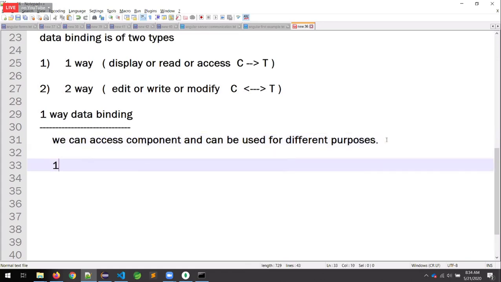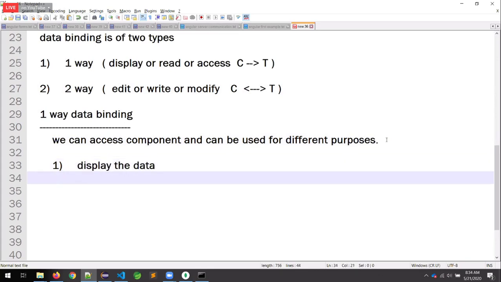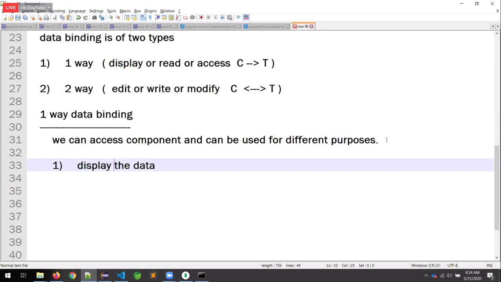What is the first one, sir? Display the data. It is nothing but we call it expressions, or some people also call it interpolation.